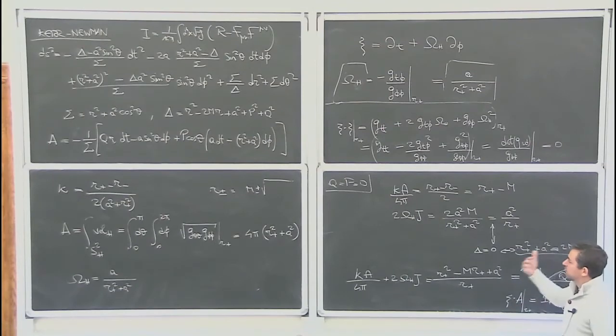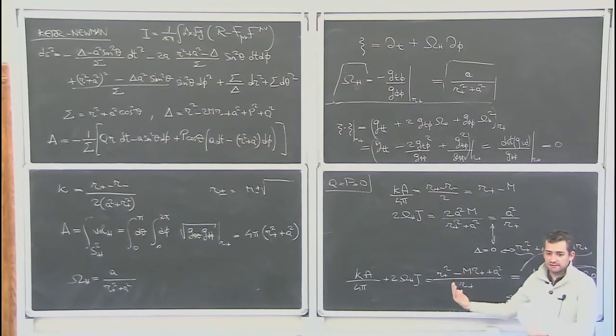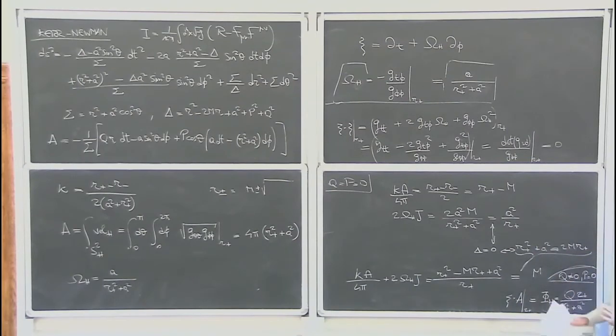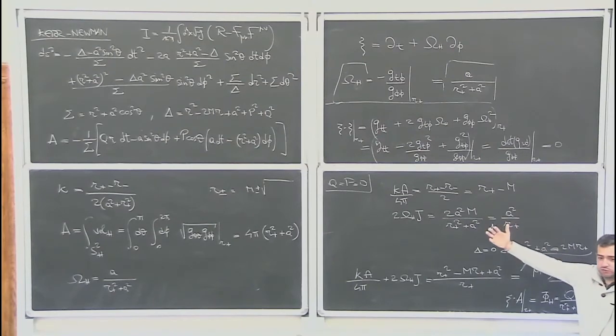But for the physics that is outside, that is connected to the asymptotic region, so if this was Schwarzschild, okay, let me not draw the Penrose diagram for this, but for the physics that is connected to infinity, the relevant horizon is R plus, because it's the outer one. And the surface gravity,